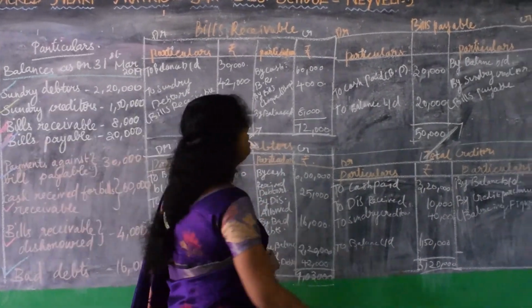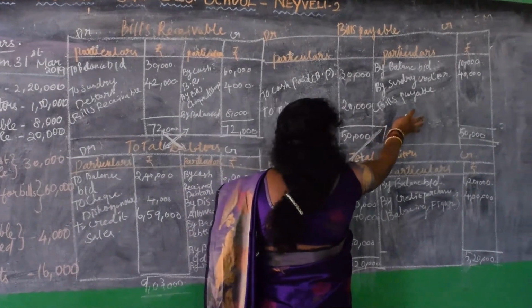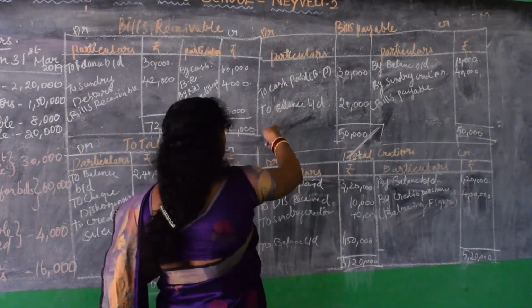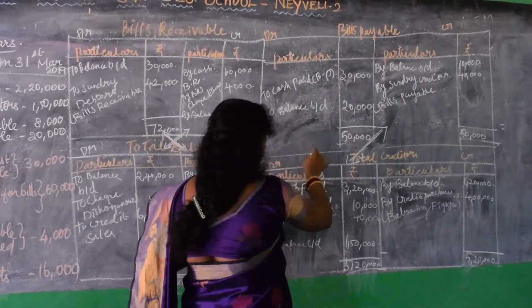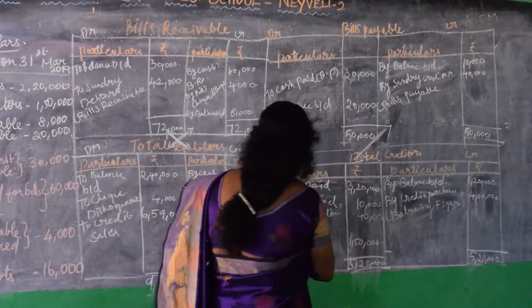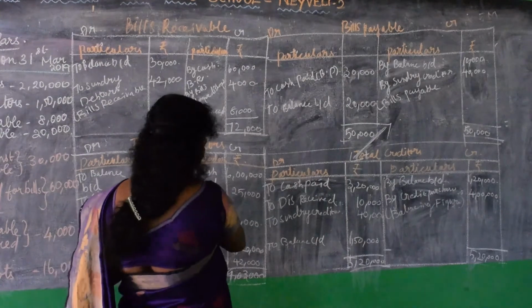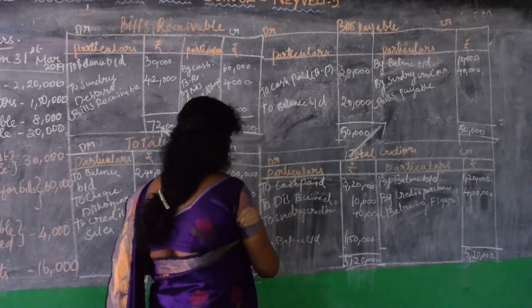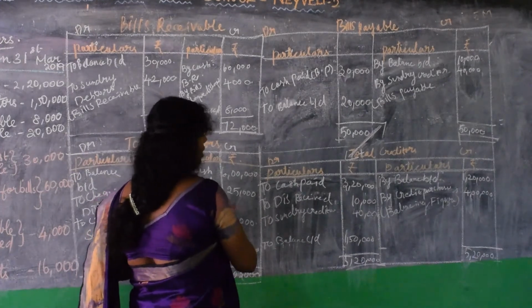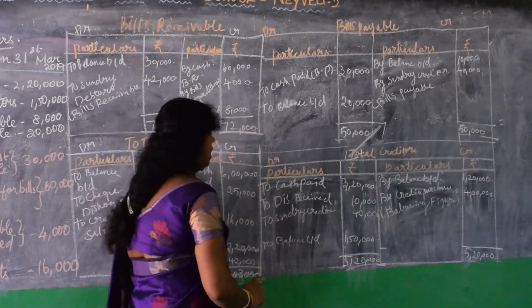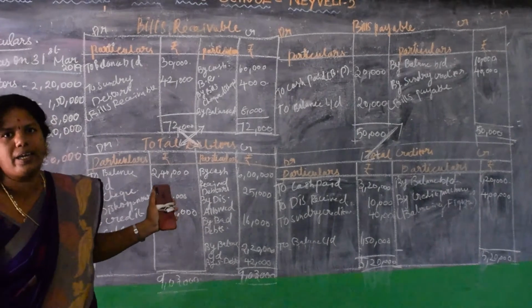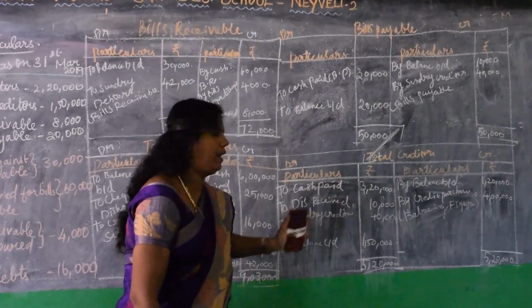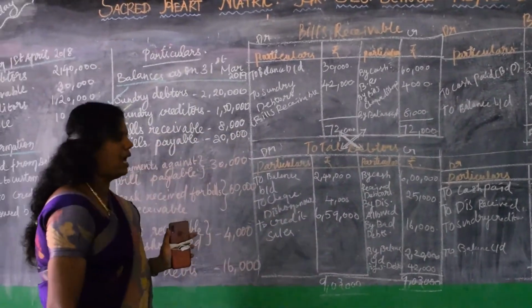Well, moving on to the bills payable, opening balances will come on the credit side and the closing balances will come on the debit side. Then total creditors also the same thing. In the total debtors you get discount allowed. In the creditors you get discount received. There you get sales return. Here you get purchase return. There in the total debtors you get cash received from the debtors. In the total creditors you get cash paid. That's all. This is the end of the sum.